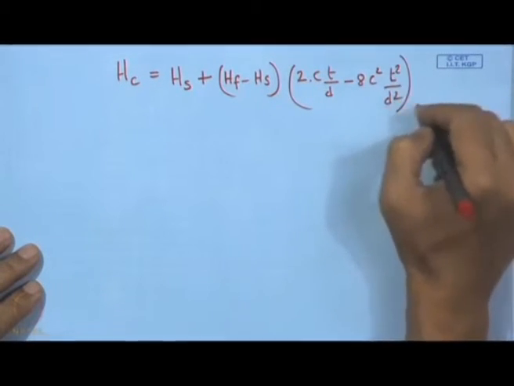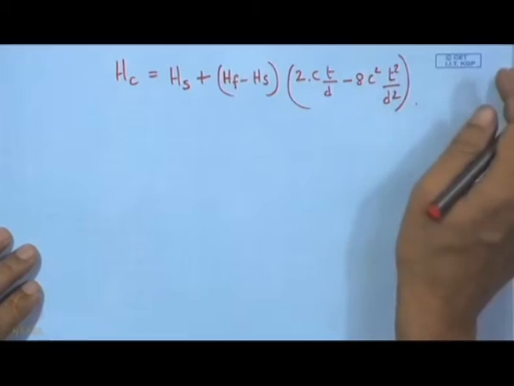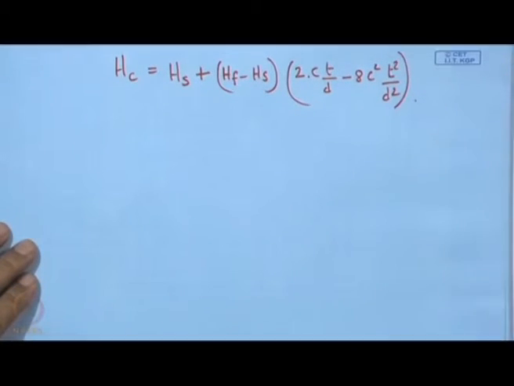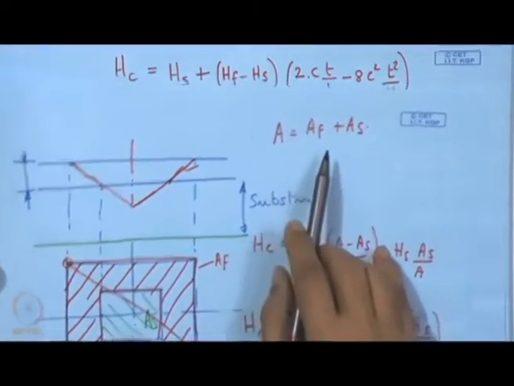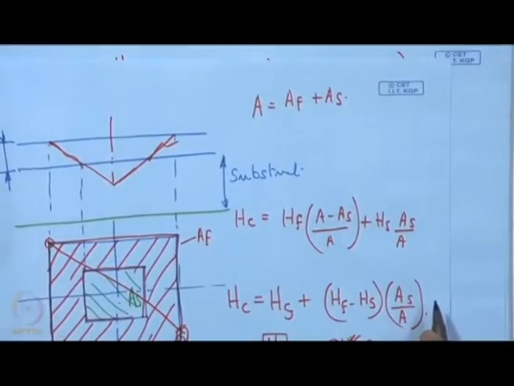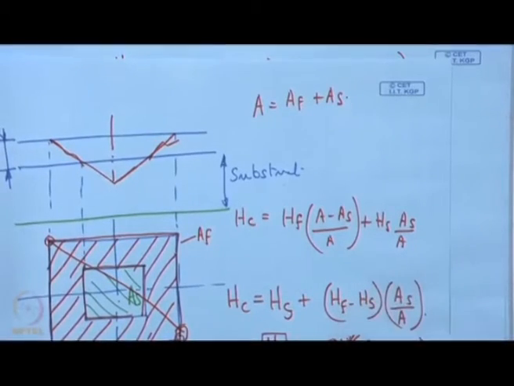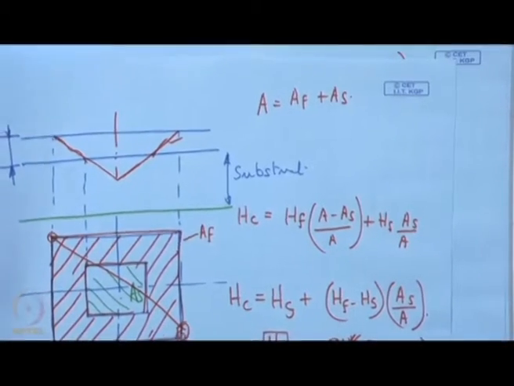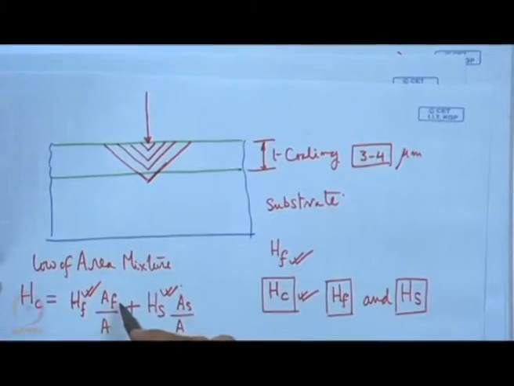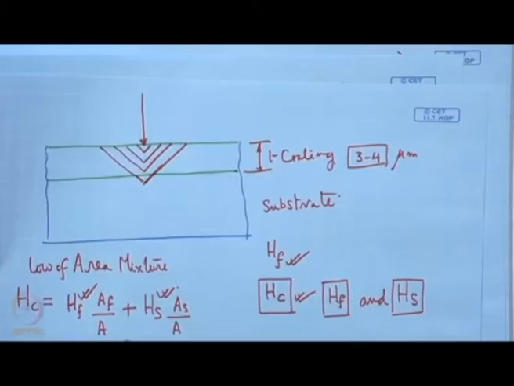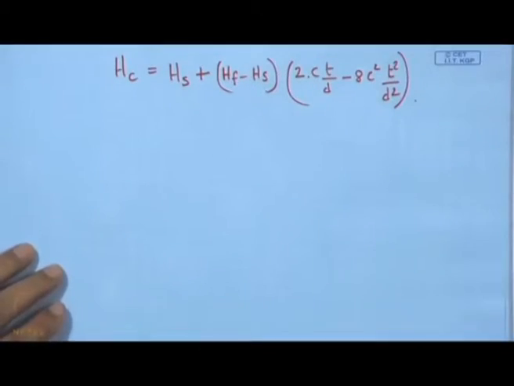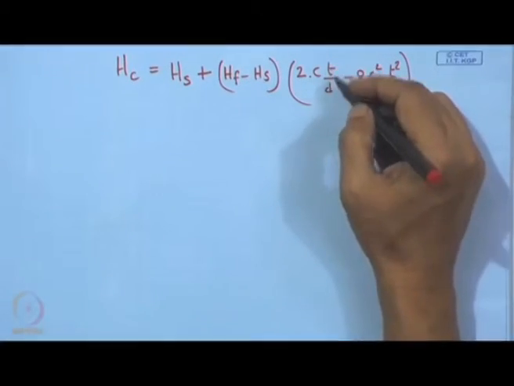So, it is actually elimination of those areas, that means AF and AS. So, these are eliminated. So, here we can see this elimination of AF, AS and A in clear terms of T and D,